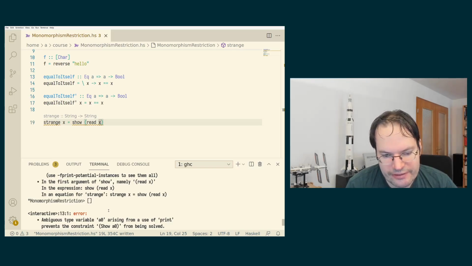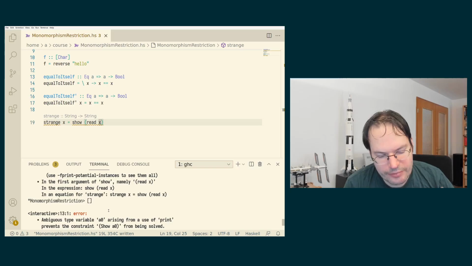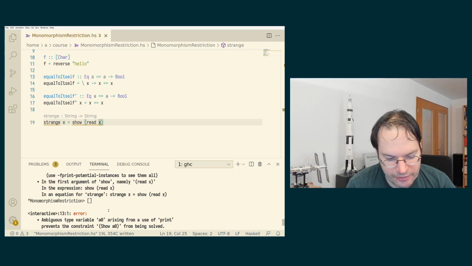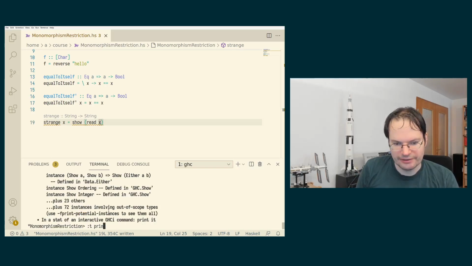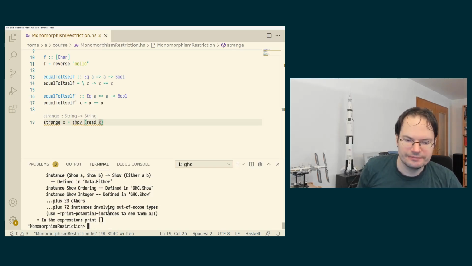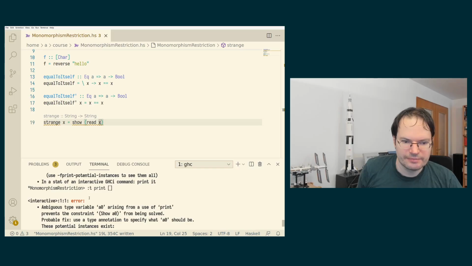It is evaluating the expression and trying to print the result back to us. And in order to print the expression, a Show constraint has to be resolved. And so if we actually look at the command that GHCi executes, it's this print